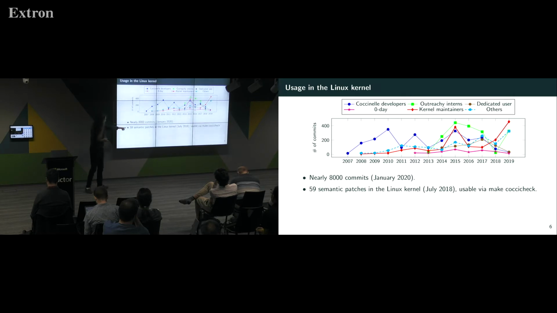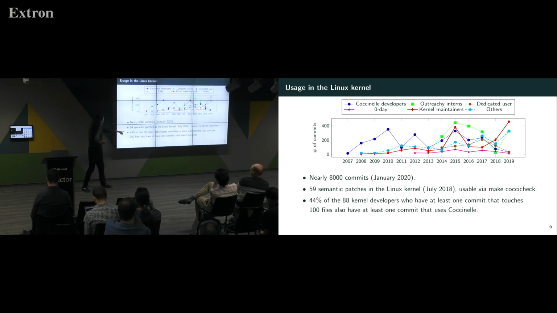There's also a whole bunch of semantic patches inside the Linux kernel, so people just say make coccicheck, and it will check their code, and make some changes for them if they've used kmalloc instead of kzalloc. It would also find some bugs. Using this pattern language, you can find bad patterns, and it will report maybe you have a double lock or a double free or something like that.